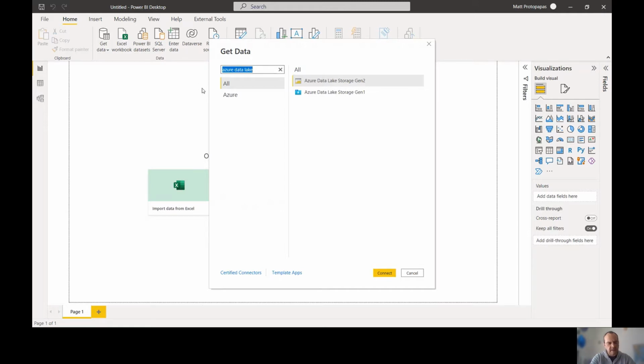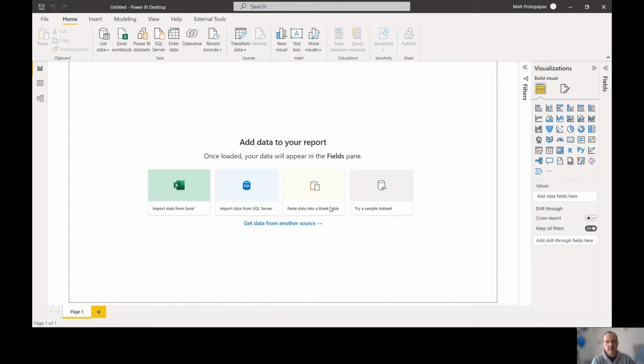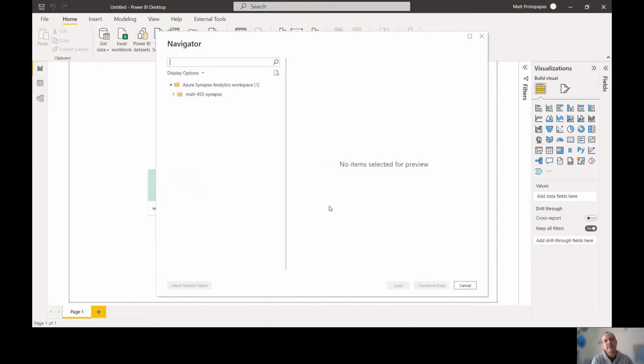That's how you import a Parquet file. So what we do here is Synapse, Azure Synapse Analytics Workspace Beta. That's how we get the data from the data lake table, as well as an external table in the Spark SQL pool, which is the second way to do it. What I did before is a way to import the Parquet file as it is.